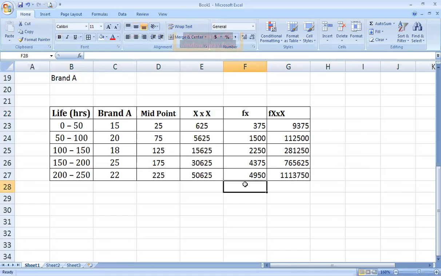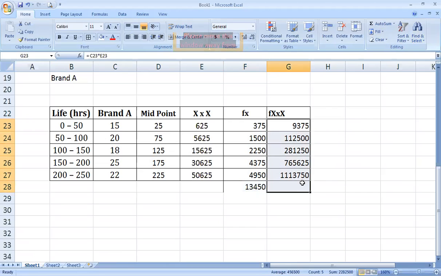This is our sigma fx. We need to add 375 plus 1500 plus 2250, all these values. Let me go for auto sum. When we add all the values, we will get